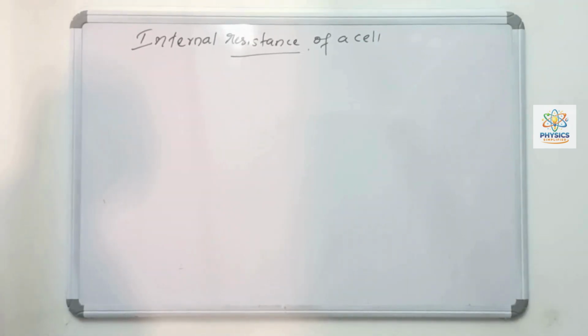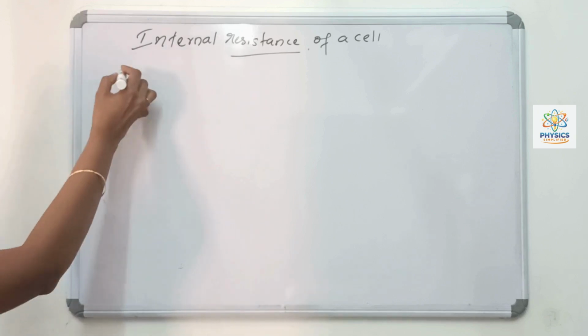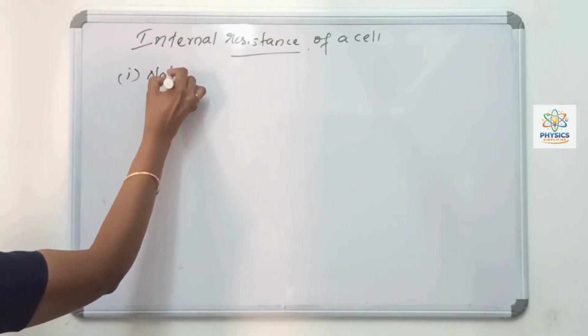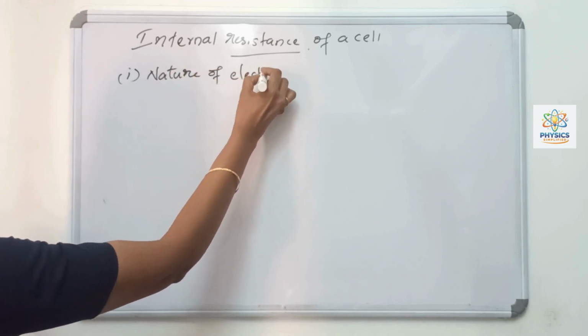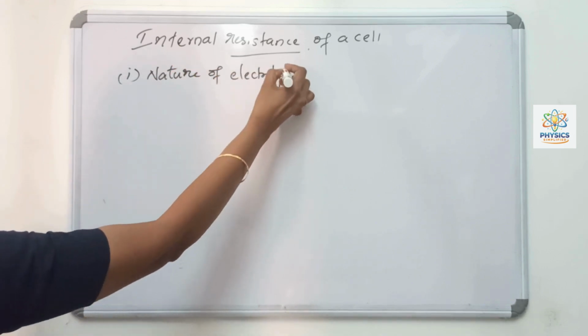Next topic is internal resistance of a cell. What is internal resistance? Internal resistance of a cell is the resistance offered by the cell when an electric current flows through it. This internal resistance depends on four factors. The first factor is nature of electrolyte. And the second factor is